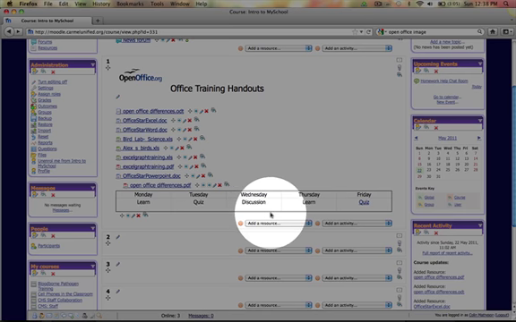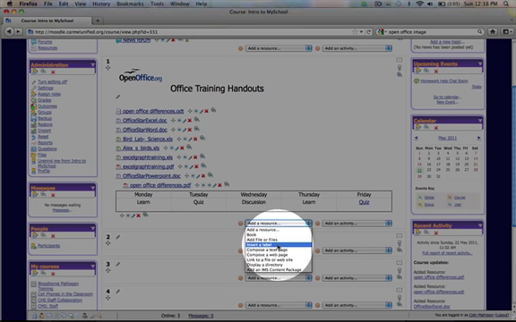There's another way to do it, a kind of a twist. If I hit add a resource, and instead of putting a label right on the front page, I want it to be just a single link that then opens up to that table, I can do compose a web page. So if I click on that,